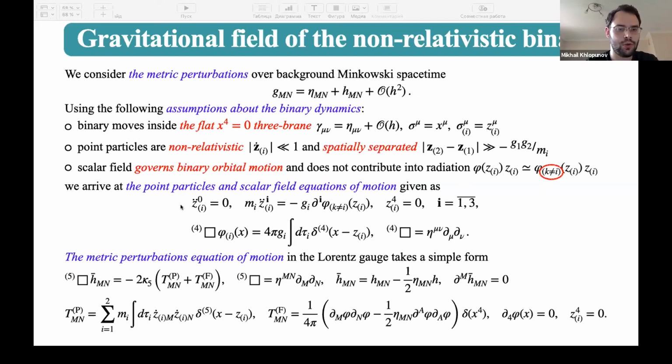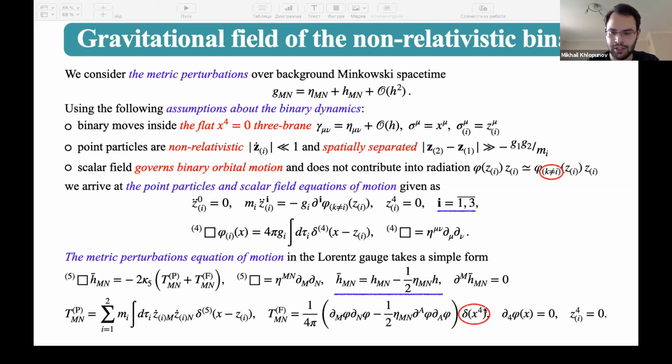Then our equations of motion for the point particles reduce to some analog of the Newton equations on the free brane, and the scalar field equation of motion reduces to the D'Alembert equation on the flat free brane. We also obtain the metric perturbations equation of motion in the Lorentz gauge, where we introduced the H-bar tensor in an ordinary manner. Also, expressions for energy momentum tensors of point particles and scalar field are simplified significantly, and we obtain that